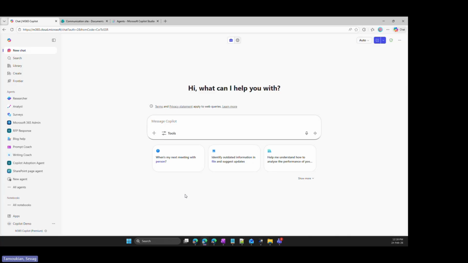The good news with agents is you can start even if you're a non-technical person, if you have zero idea about technical things, configuration, building, coding or writing applications. You still can do agents because there are several ways of building agents.